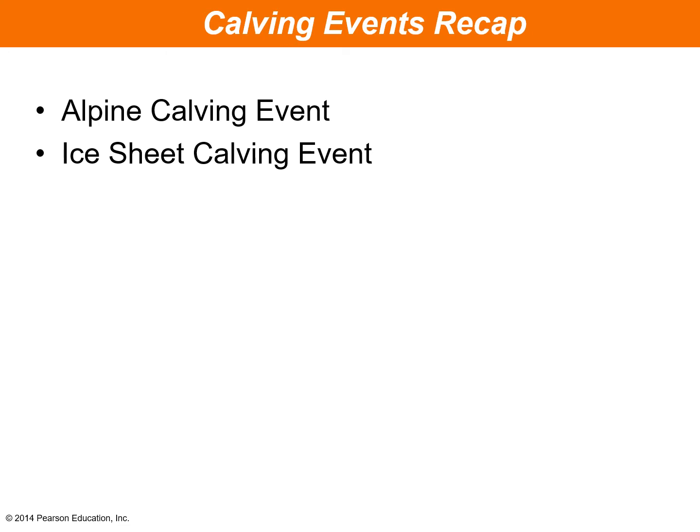Okay, so just a quick recap of the two videos that I just showed. The first video was a calving event on Holgate Glacier in Alaska, which as you may have learned earlier in this presentation, glaciers in Alaska are all alpine glaciers, so that's kind of like what a stereotypical alpine calving event looks like. And the second video was a video of the largest recorded calving event ever, to my knowledge, still to this date, and that calving event occurred off of Greenland, so that was an ice sheet calving event.